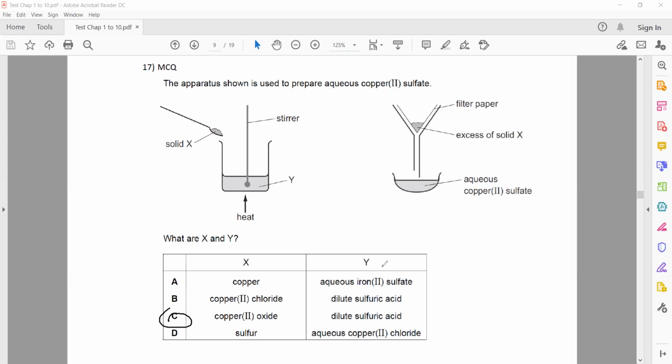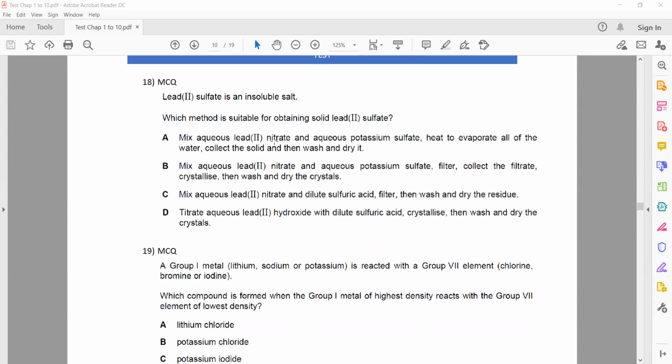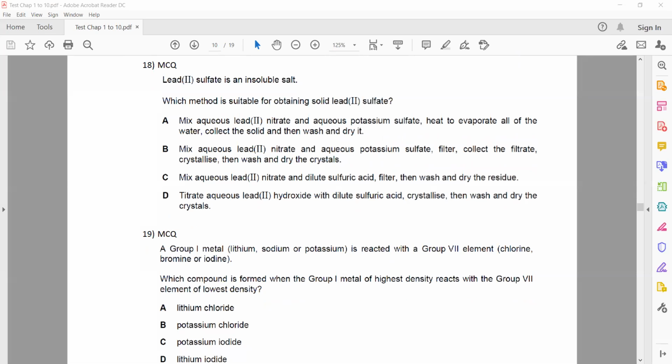Any other question, MCQ, doubt? Question 18. Lead sulfate is an insoluble salt. So how do we prepare an insoluble salt? Insoluble salts are prepared by mixing two soluble salt solutions together. So mix aqueous lead nitrate with potassium sulfate. If I add lead nitrate to potassium sulfate,